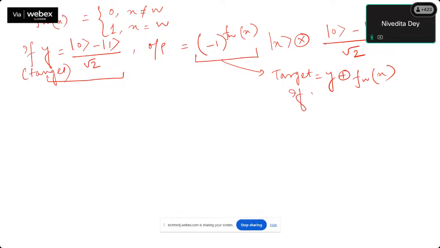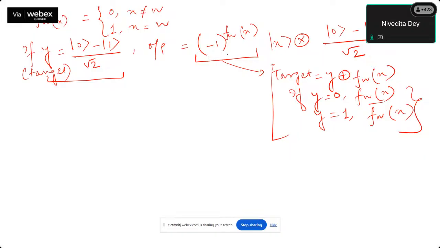So if y is equal to 0, it will be f of w of x. And if y equals 1, it will be f-bar of w of x. We know that 1 XOR x is x bar and 0 XOR x is x. So 0 XOR f is f, and 1 XOR f is f bar. So this thing I can also write in this way: (-1) to the power f of w of x